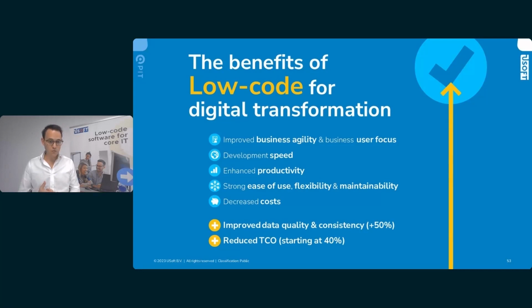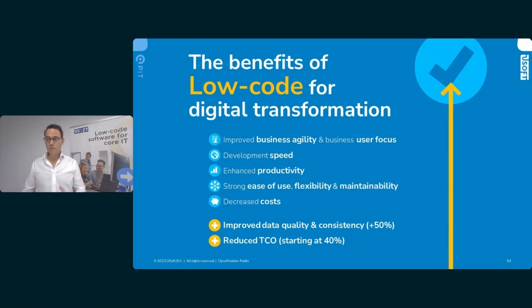You can rapidly prototype new solutions to support your business. You can rapidly bring them up to speed. You can change them. The ease of maintenance is more simple. And overall, what we see as a result is that the total cost of ownership that you as an organization have becomes much more beneficial compared to traditional solutions, because you can innovate fast, deliver fast, work together more productively, and basically realize more with less people. So the impact that your people can make increases even with the same amount of people that you have.